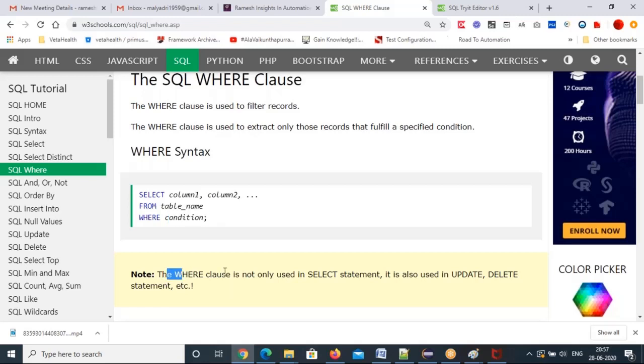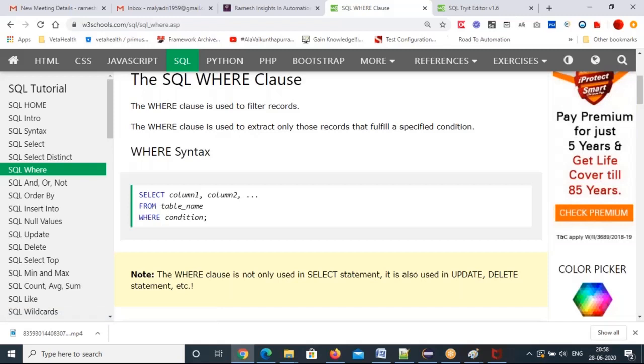The where clause is not only used in the select statement, it is also used in the update and delete statements. With the update and delete commands you will also use this where clause, not only with the select command.